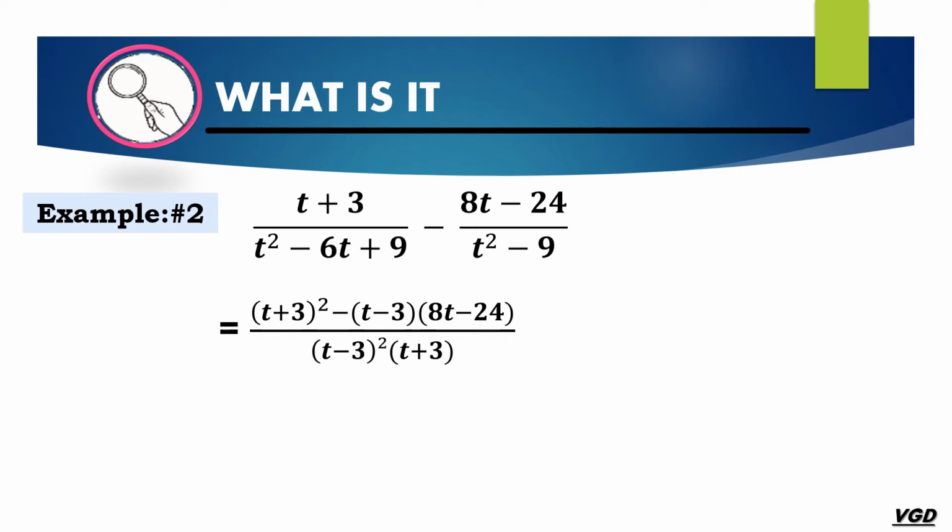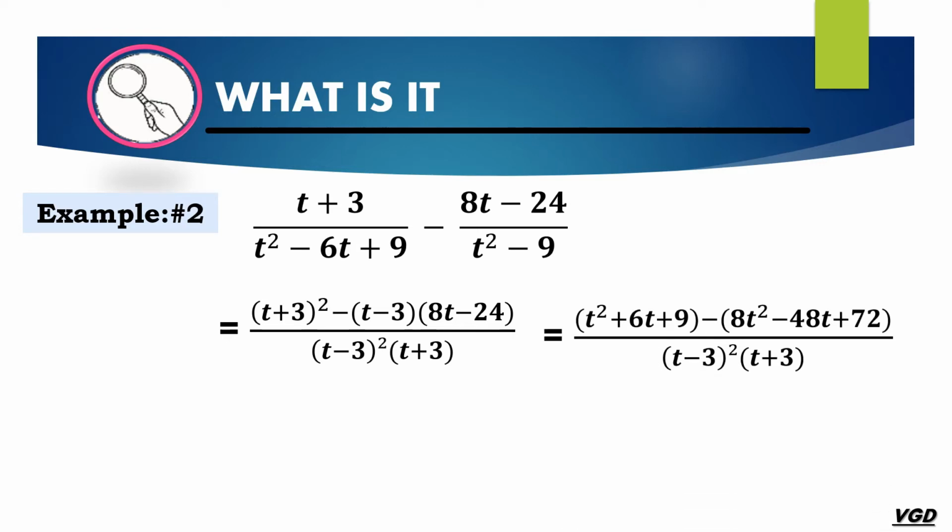Now we need to expand the expression in the numerator and also in the denominator to simplify. And how to expand? We just have to follow the FOIL method. I hope you still remember. So for the numerator, we will be able to expand it and we will have the result for the quantity of t plus 3 squared. We will get the quantity of t squared plus 6t plus 9,